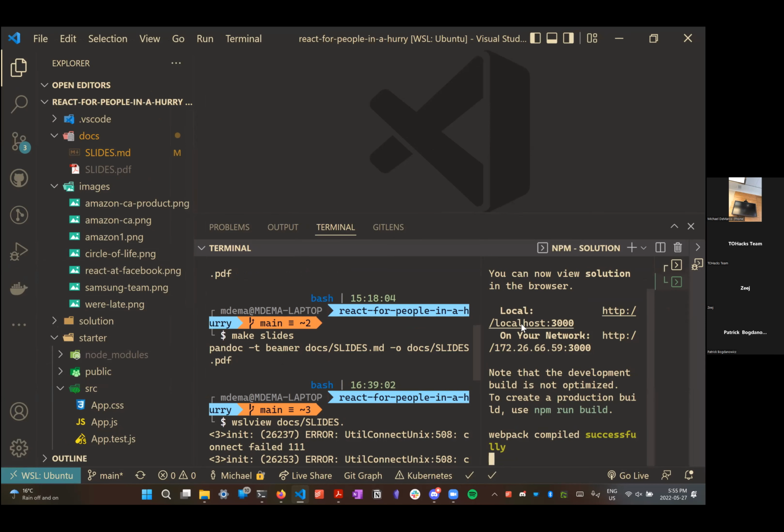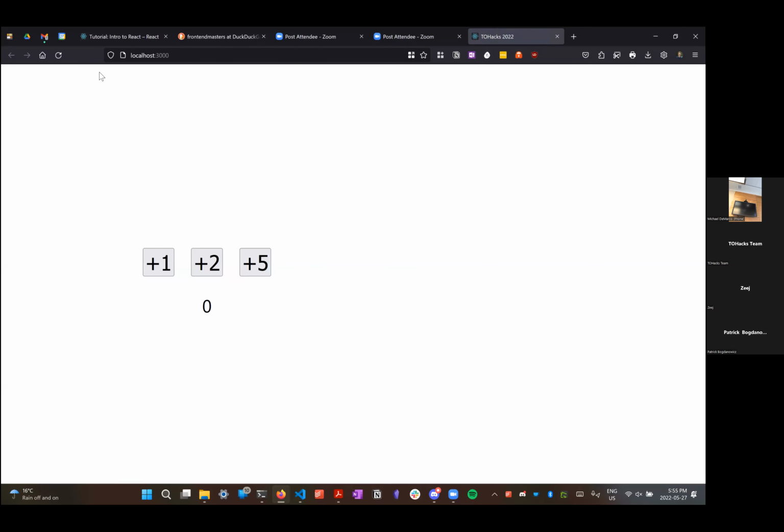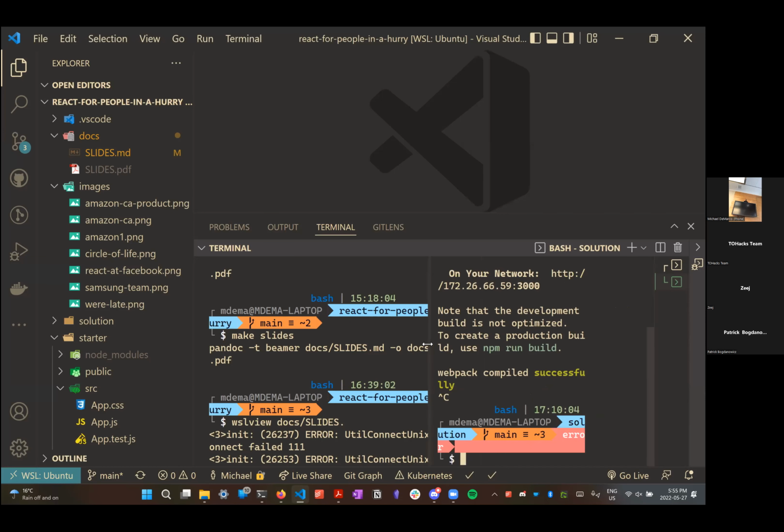So this is what we're going to try to build. Basically, it's 3 buttons that all will count by different amounts. What you notice is that there's a lot of common logic, like +1 and +2 and +5 are all adding to the same thing. So hopefully we can reuse this and not have to copy and paste. That'd be really nice. So what we're going to start with, I will pop over to,